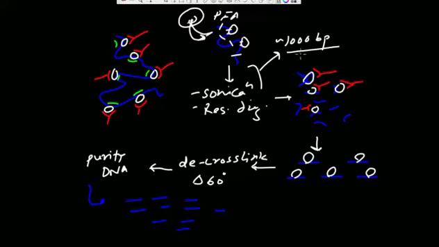Now here is the problem. This is 1000 base pair, but the actual site, this regulatory site where the factor is binding, is 4 base pair to 20 base pair, right? These are very small as compared to the total fragment length that we got. So each of these is basically 1000 base pair. Of course there will be variation, some will be 500 base pairs, others will be 100 base pair, some will be 2000 base pair, and so on, but on an average they will be 1000 base pair.